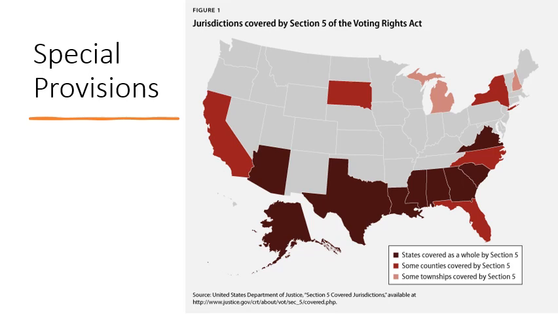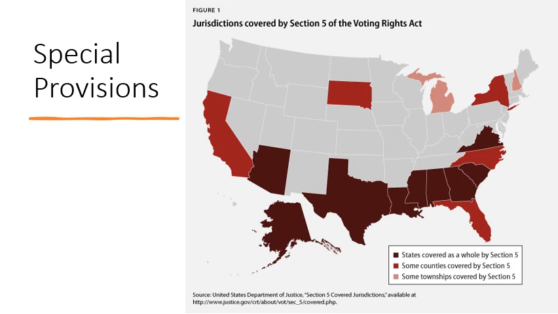And what this meant was states that were covered by this rule could not change their voting laws without getting pre-clearance from Washington first, from the federal government. They had to go to the U.S. Attorney General or to the United States District Court for the District of Columbia, and they had to get an okay, a thumbs up. And what the Attorney General was looking for was to make sure that any law that was going to be passed in Texas or in Mississippi wasn't going to harm black voters or registrants to vote.